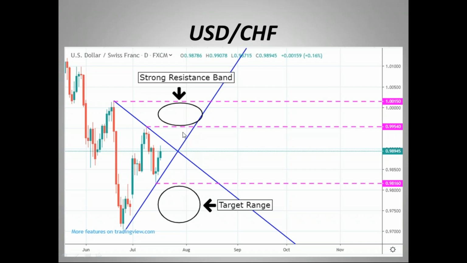So what does that mean? That means we're probably going to have a containment period somewhere between this 99.5 down into maybe right around this 98.16 area, which gives us about a $1.50 range to chop around in until we have a uniform idea of the trend for the US dollar. So that being said, US dollar weakness push or even US dollar strength for whatever reason, I think is going to be contained in these parameters.